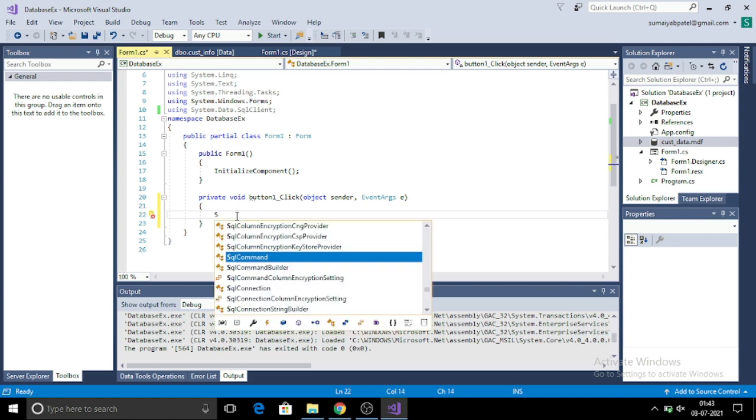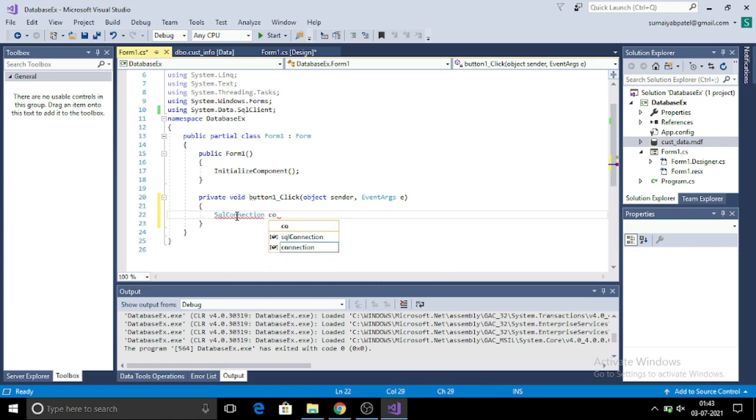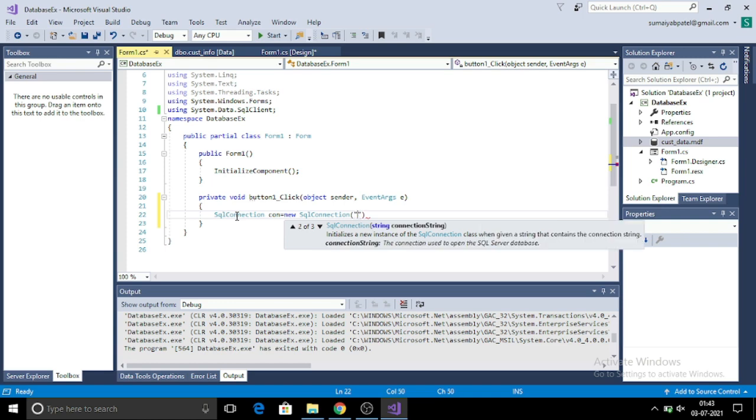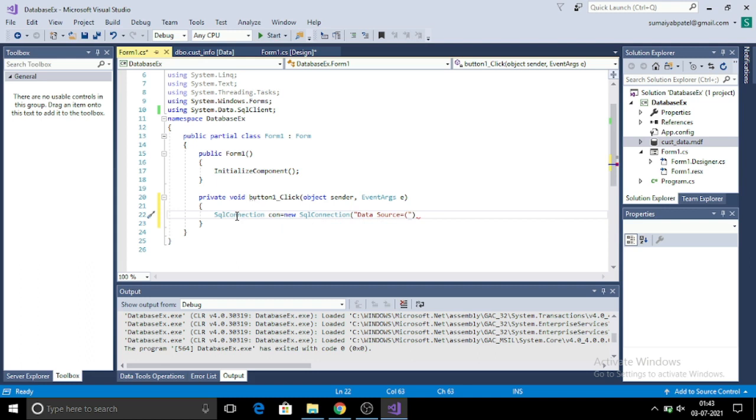After that we will establish a connection by using SqlConnection con is equal to new SqlConnection, where we will specify our connection string. In the connection string you need to give the data source name, then the location of your database, which you can get from the properties of the database,